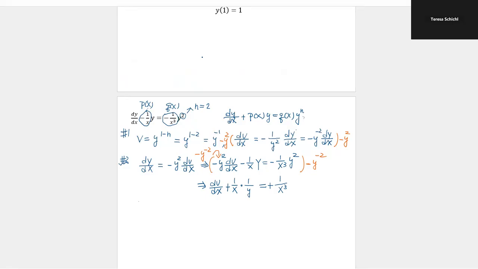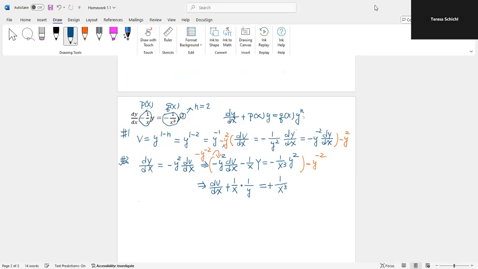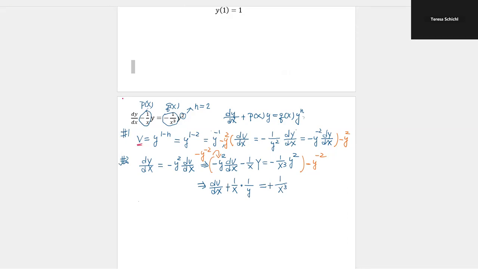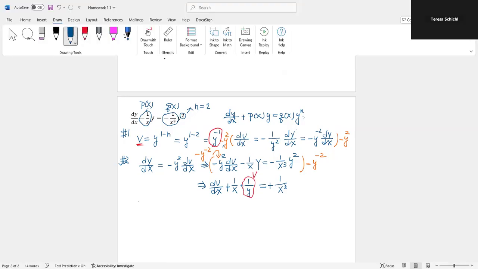What is 1 over y here? The 1 over y is here, right? So we said 1 over y here is y to the negative 1. So that's why I can replace this one to what? This one to this here. All right. Okay, so now